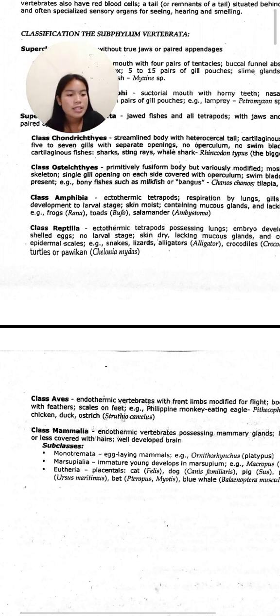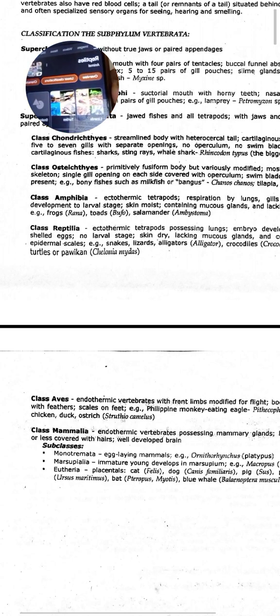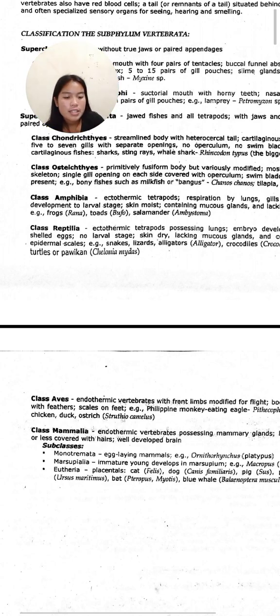Next is, examples of reptiles are lizard, turtle, and snake. These are examples of Reptilia. Next is